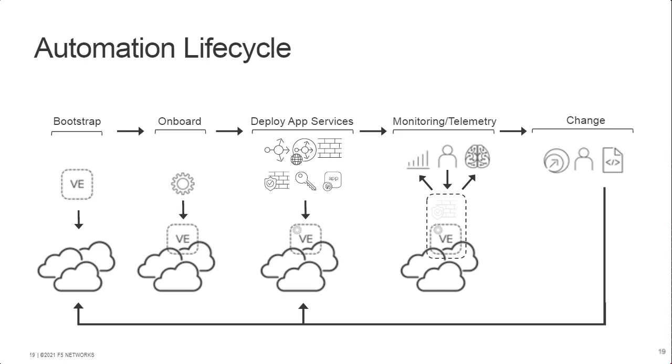So to start, I just want to orient folks with the way that we think about these day 0, day 2 type of changes when you think about a network device, because we have folks that may be coming from the application side, people who may be coming from the network side. But if you think about the lifecycle of a network device, back in the day, you'd physically rack a system, and that would be what we refer to as the bootstrap process of just getting it up. You might need to enter in some basic networking information. That's what we refer to as the onboarding process, where you have to give it an IP address,